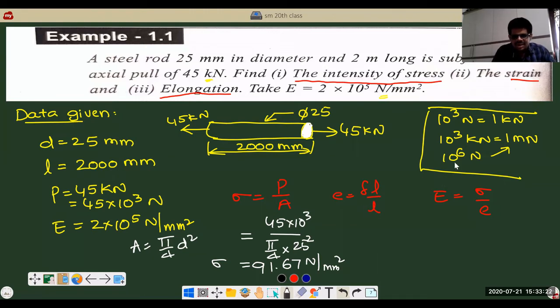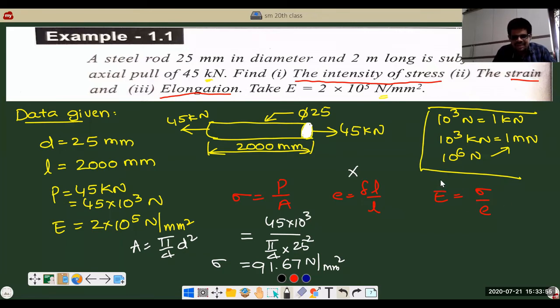Similarly, what is the next value? Strain value. So do you have the value of strain? The strain. So the formula for the strain is this one, delta L by L. So here delta L means it is the increase in length. Since it is a pull, there will be increase in length. So we don't know this value. This also has to be determined. And simply we know the value of L only. So we cannot use this formula right now straight away. Because we don't know the value of delta L. So that's why let us go to this formula, whether it is useful in solving the problem or not.